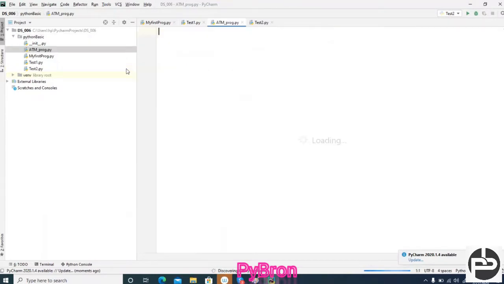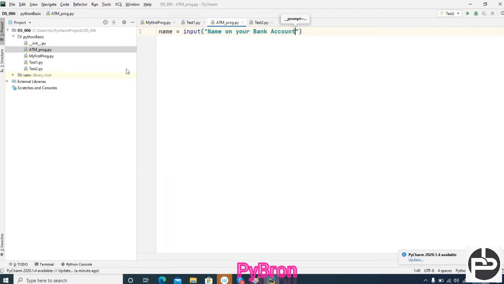Next, once you create the ATM program, input the bank account, meaning what things an ATM machine usually asks, like a name. Input: enter the name on your bank account.